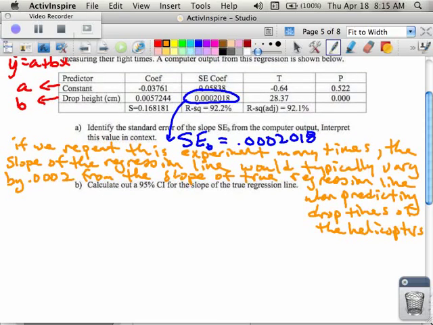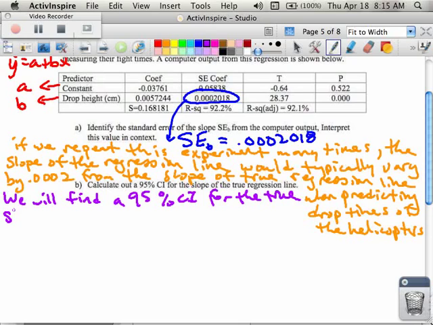In the next part, we're going to do a 95% confidence interval. This is kind of the big deal that we do in our class and have been doing for the last 4 chapters. So here we go with the 95% confidence interval. We make our statement first. And our statement is, we will find a 95% confidence interval for the true slope, which of course I told you a little bit earlier is called beta, of the true regression line